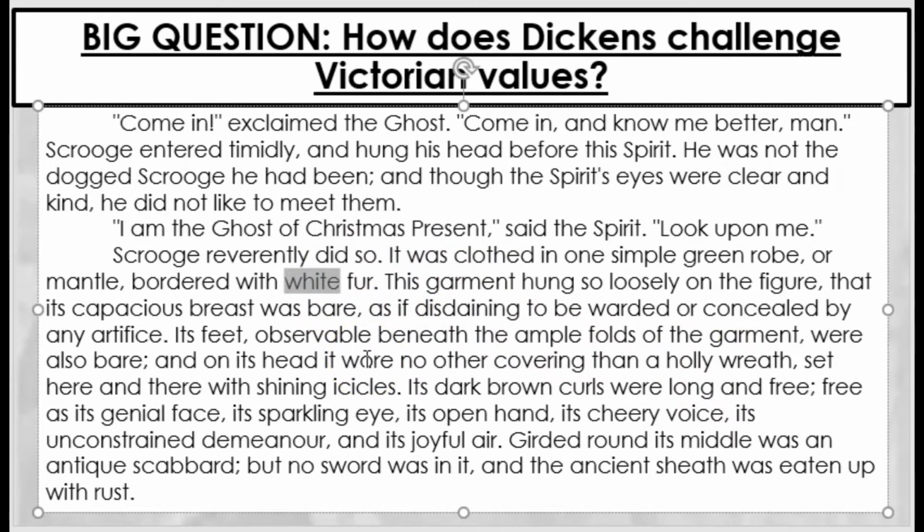And this white fur, again, is quite symbolic because the color white, of course, represents purity and goodness. So what we're being told here is that this spirit is essentially the spirit of nature and kindness, and it's here to show Scrooge that it is possible to be benevolent and kind. It's here to show Scrooge that there's no reason to be stingy, that there is enough to go around here.